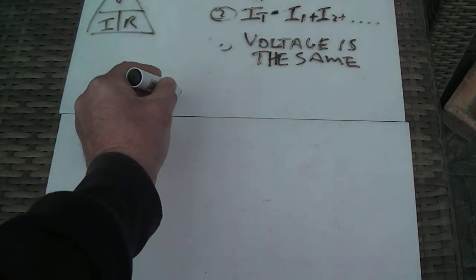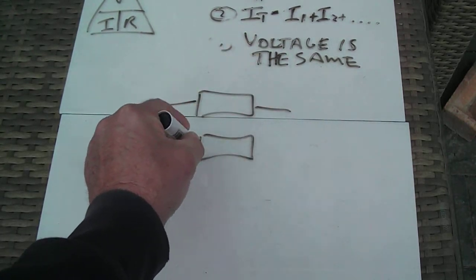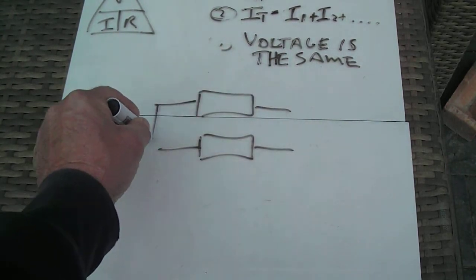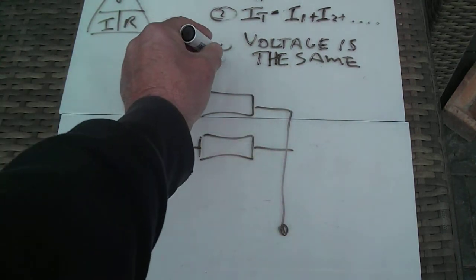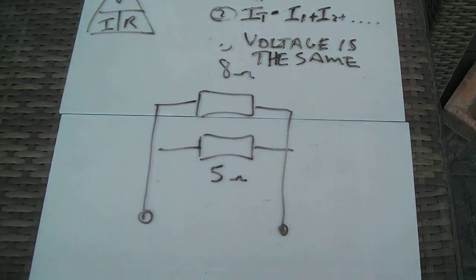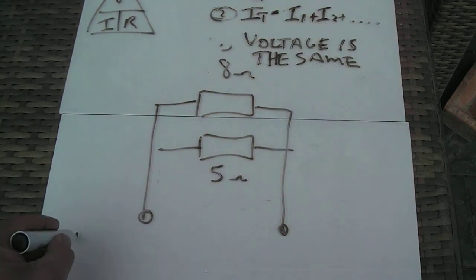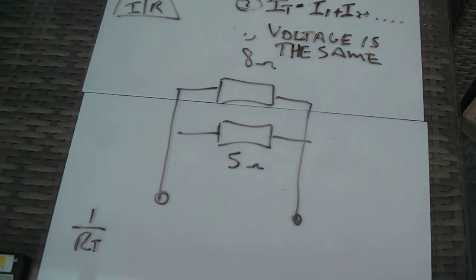So if I have two resistors here connected to a supply, that one's 8 ohms and that one's say 5 ohms. We know that 1 over RT, you can see that,